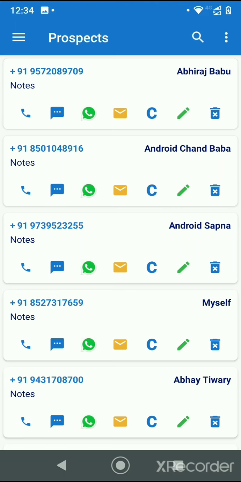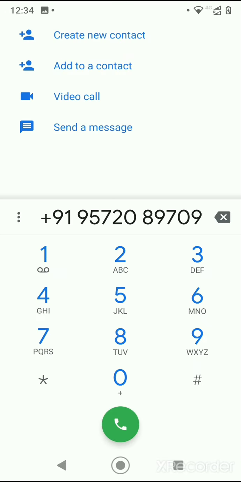So now you see I click this, but here we are not directly making the call. We are just invoking the phone's default dialer app and passing that selected mobile number, and using the device dialer the person can make a call. So let's say I am making the call here, this is one number. When I make an outgoing call, this will come into the call log.